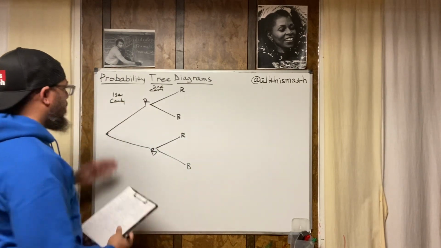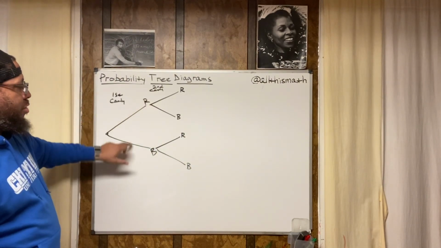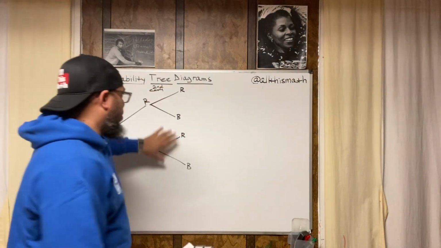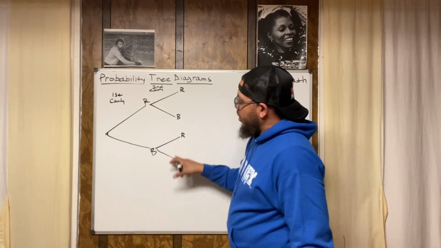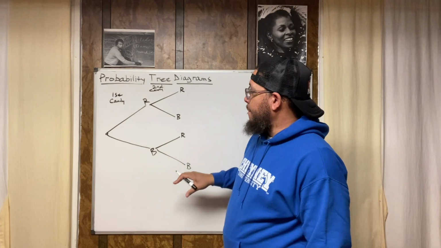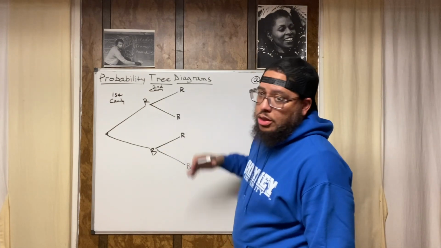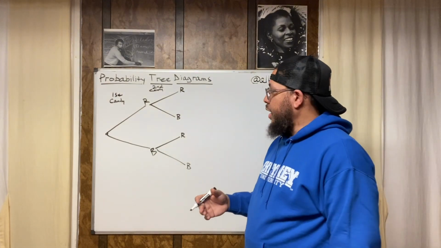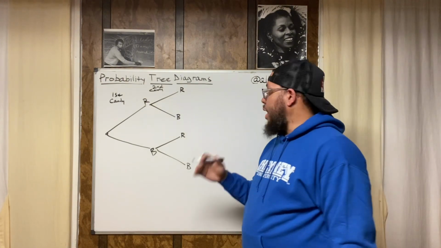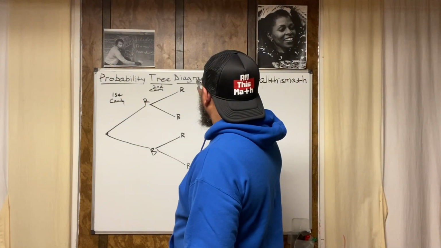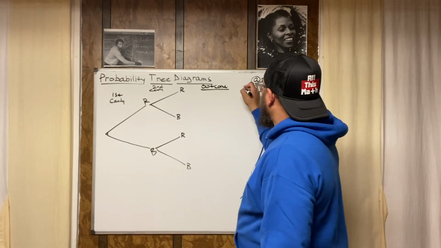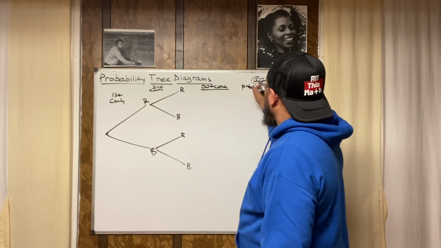This branch right here with these 2 branches represents the first time she digs in the bag and pulls the candy out. These 4 branches, 1, 2, 3, 4, represent the second time she pulls a piece of candy out. All right. Then we want to talk about the potential outcomes. We want to list, in a simple way, the potential outcomes. So I'm going to have an outcome column. And after that, I'm going to have a probability column.